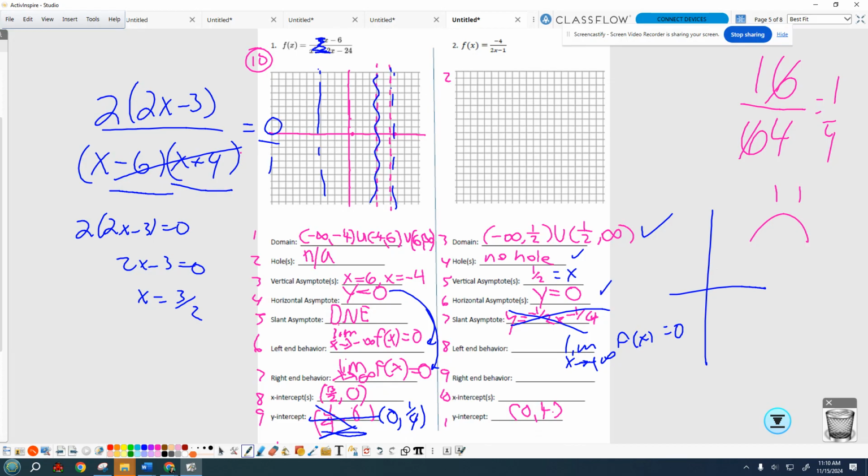X-intercept, when does this equal 0? Cross multiply, when does negative 4 equal 0? It does not. Y-intercept, 0, positive 4. Better. Okay,